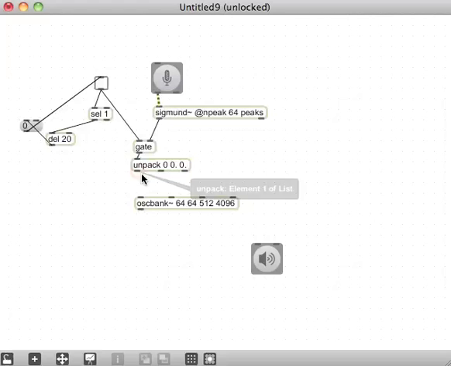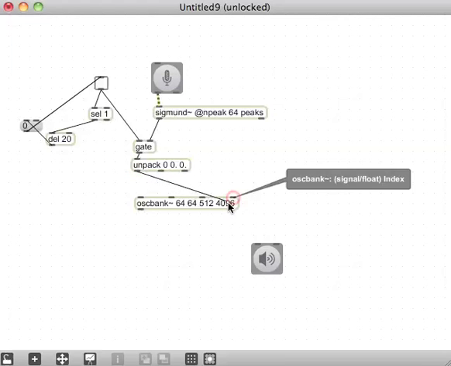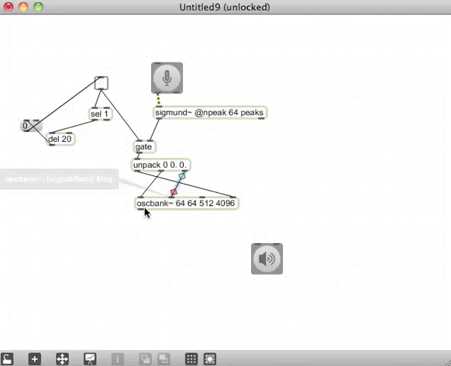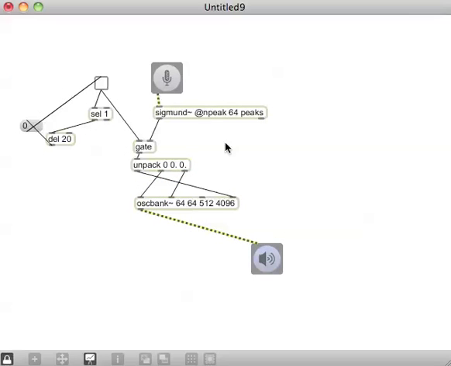This goes into the index, this goes into the frequency, this goes into the amplitude, and this turns on, and we should hear when we click this some kind of frozen audio, very much like the frozen thing we did on the